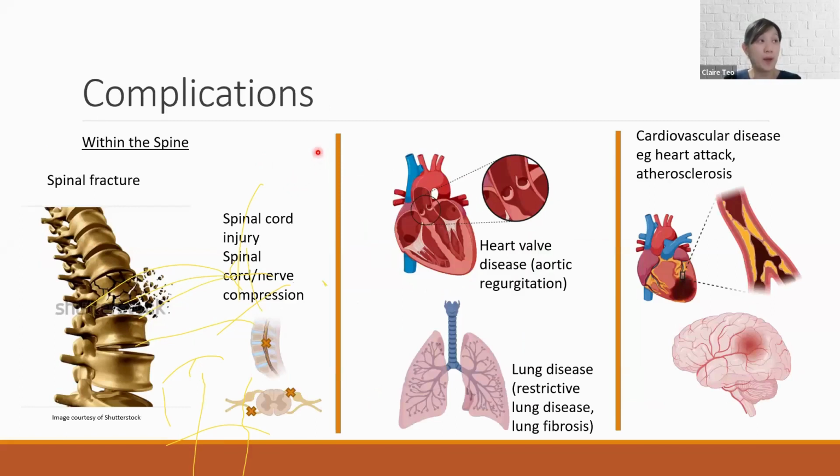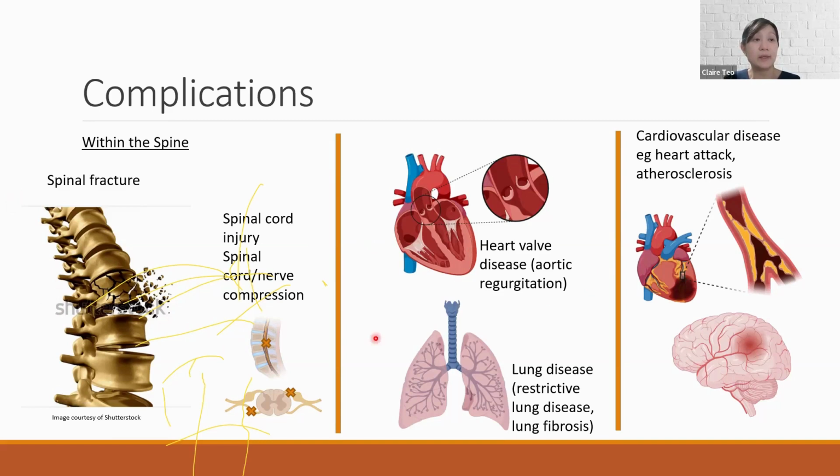Complications of axial SpA. Within the spine, long-standing disease and spinal deformity predispose a person to spinal fracture. Because of the changes of the vertebrae, it may cause compression on either the spinal cord or the nerves around the spine. Outside of the spine, axial SpA may also rarely cause problems with the heart valve, in this case the aortic valve,